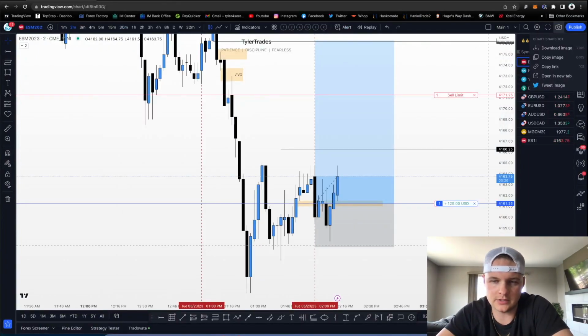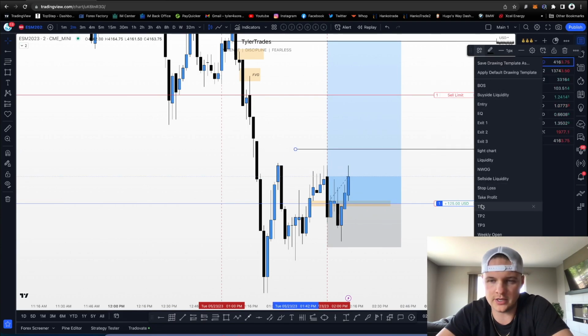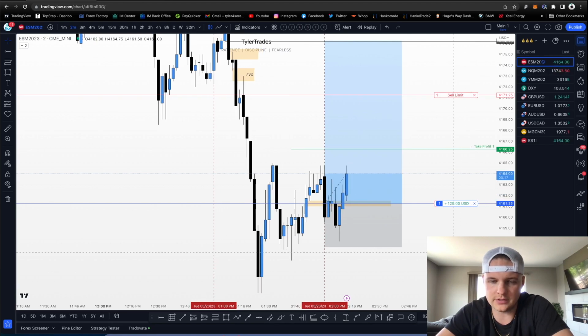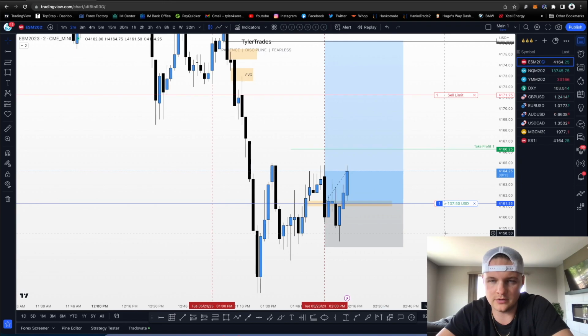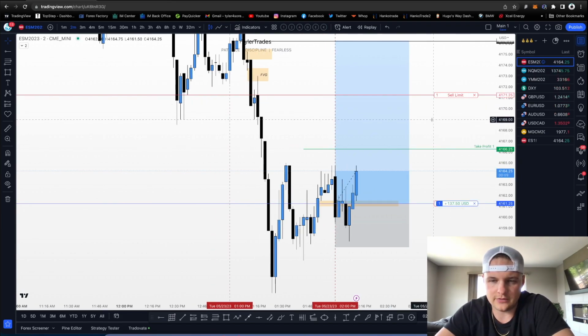Yo, what's good, guys? So we did end up taking a trade. I'll go over it here in just a second, but we might be getting TP1 hit. I removed risk already, playing some defense because we did take on quite a bit of drawdown, almost at our stop loss. Didn't quite get there, so this is take profit 1 at 5 handles. I only did one contract for this trade